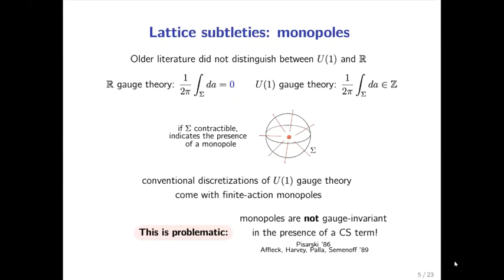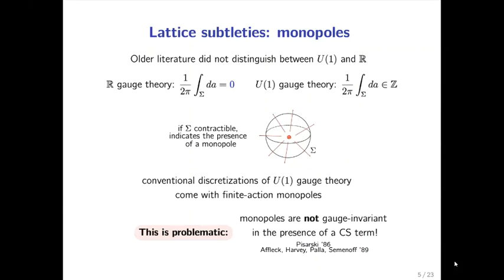Okay. As I mentioned, this older literature was not really thinking about the global structure, the fact that we want a U1 gauge theory and not an R gauge theory. So in a non-compact gauge theory, there's no magnetic flux. But in a U1 gauge theory, we have a quantized magnetic flux where we can integrate dA on some closed surface sigma, and this should be integer quantized. If sigma is contractible and we find some non-zero flux, then that indicates the presence of a monopole inside of